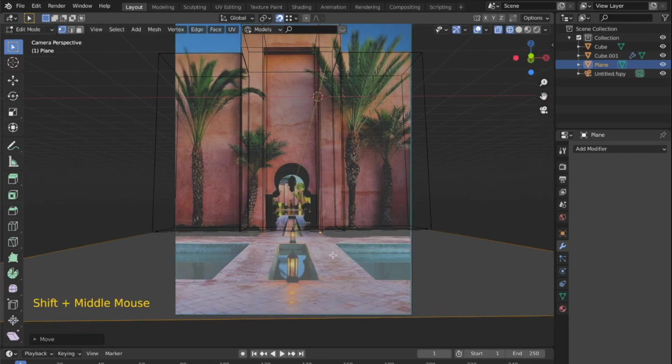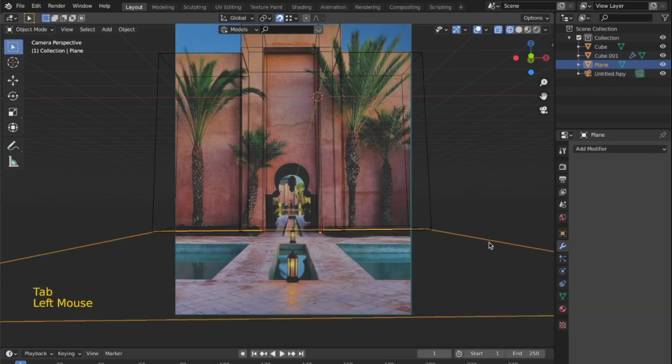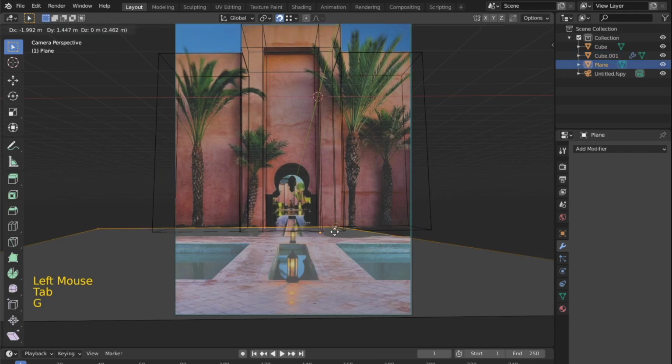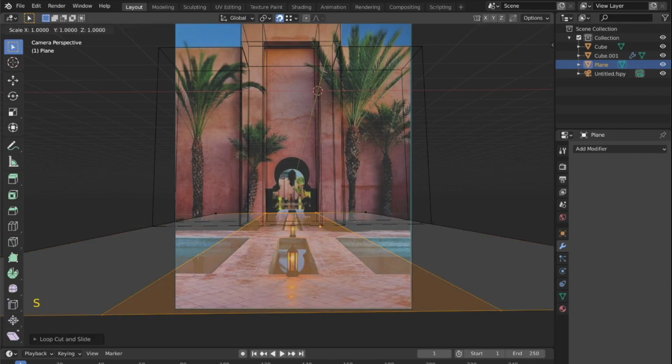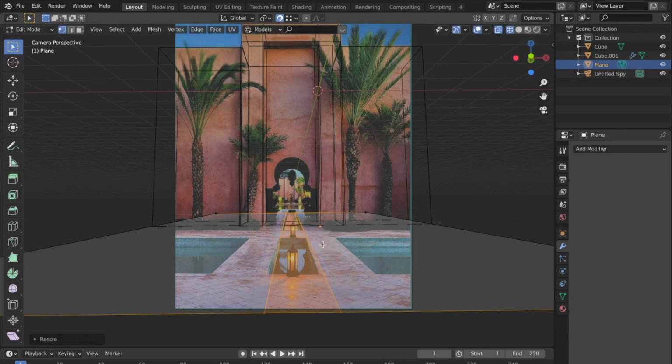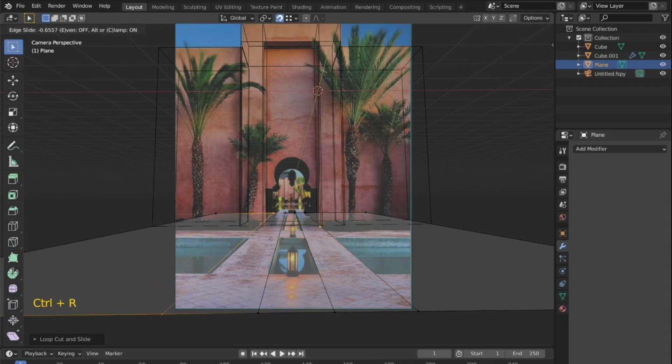Now over here you can see that this floor has been divided into 3 smaller pools. So to make these pools we will use the loop cuts to bring the depression in them. So over here first I will also extend this floor plate to roughly around this point. So now over here what I will do is I will add 2 loop cuts in the center and then press S and then press X to scale them along the x-axis. This should be fine. Then again I'll add a loop cut over here for this one and a loop cut over here for this edge.